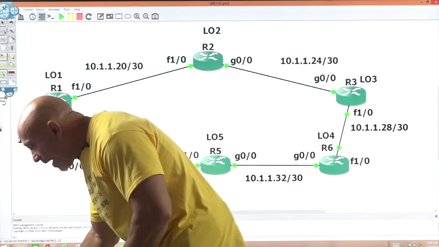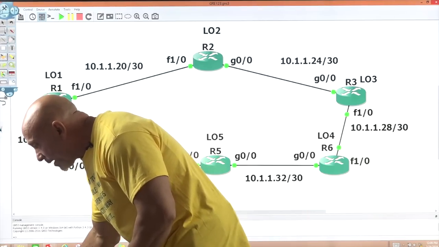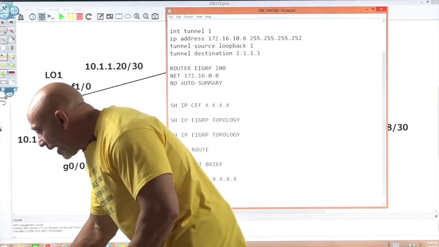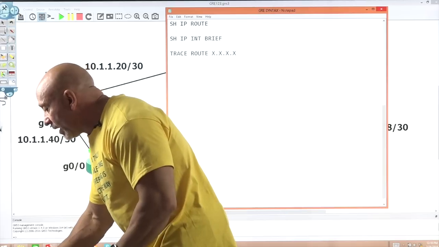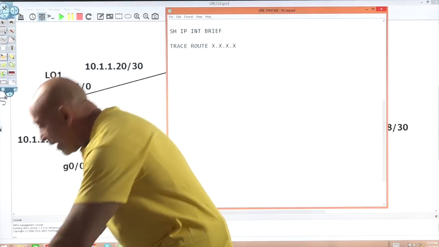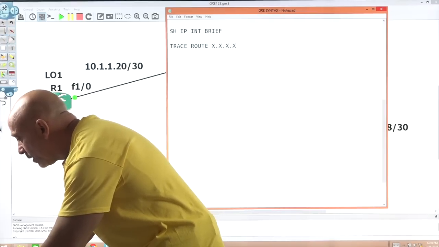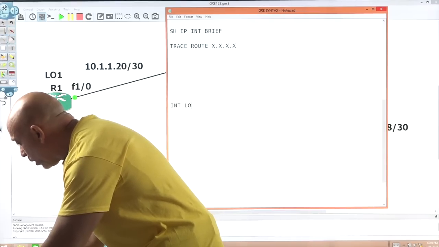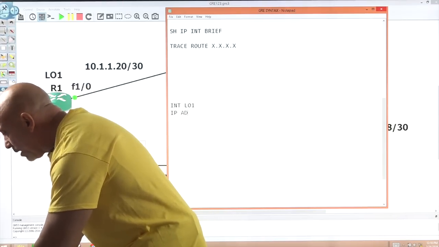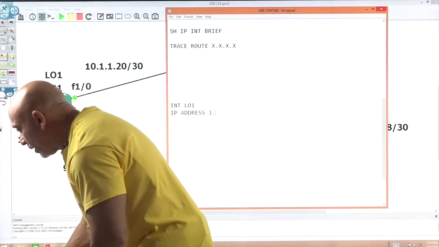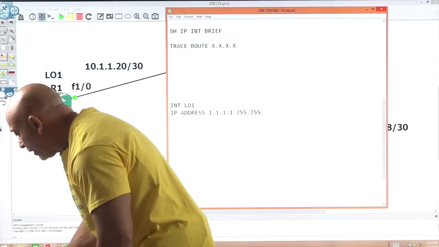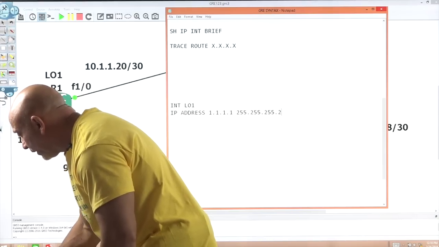This is quick. As a matter of fact, let's open up Notepad because I have the configurations right here. We've got to learn to be quick. For those of you who are taking your CCIE, Notepad will be your friend because you are allowed to use Notepad. How about that? All right, so we're going to go interface Lo1. That'll create it. IP address 1.1.1.1, and then 255.255.255.255.